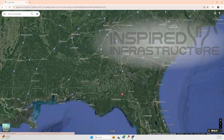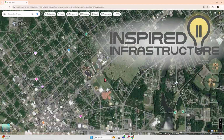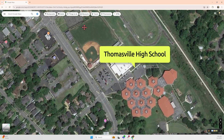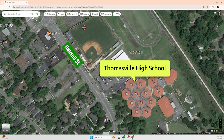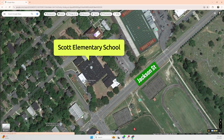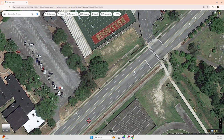In this episode of Inspired Infrastructure, I'm diving into a suggestion from a viewer in Thomasville, Georgia, a small city with some rather wide streets which appear to be overbuilt and unsafe, particularly near a couple of local schools. Check out Jackson Street and Hansel Street, which border Thomasville High School and Scott Elementary. This asphalt here is wide enough for 6 lanes of pavement and is probably twice as wide as it needs